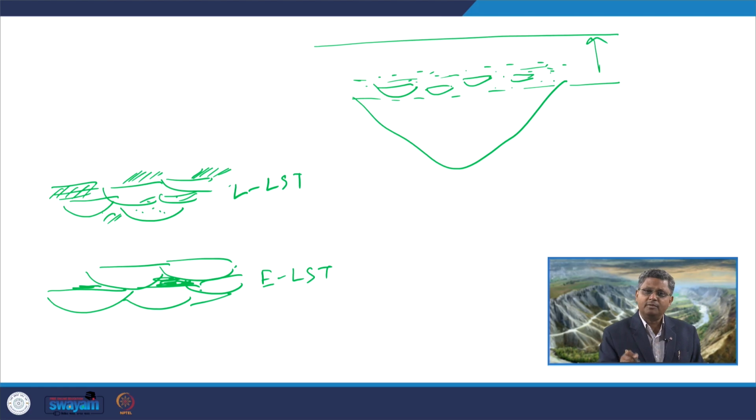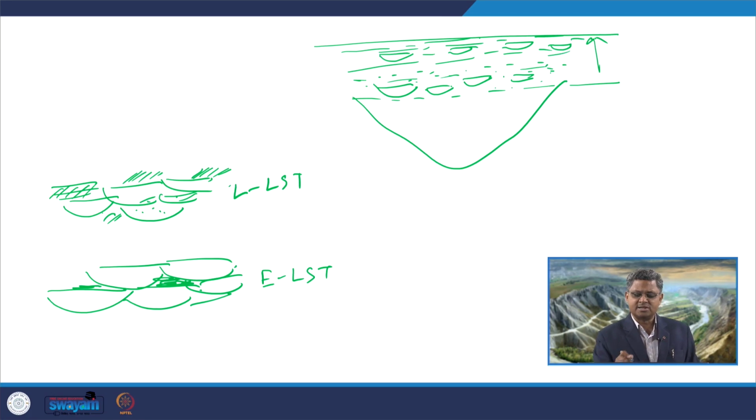As we go up, gradually more transgression is going on, more flooding is going on. So, we will get this kind of ribbon-shaped channel fill deposits which are not amalgamating, because by the time the channel is shifting, a floodplain deposit is forming and engulfing these channel fill deposits, and as a result we will get this kind of separate ribbon-shaped sand deposits which are nothing but the channel fill sands.